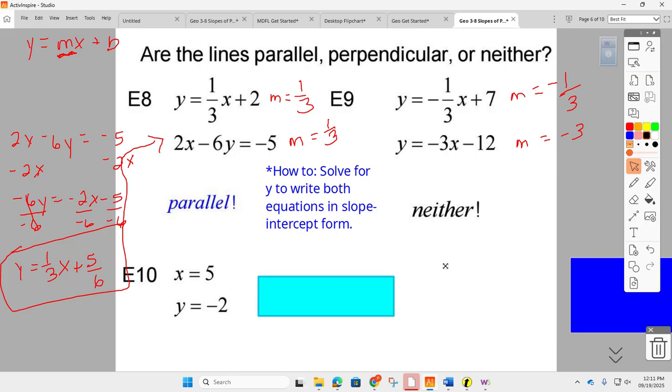All right, example 10 is the tricky one. It's an x-only equation. X equals 10. You don't see a y there, right? There's no slope-intercept form. Y equals -2. That one is actually in slope-intercept form. It just doesn't have that x term, right? So back here,